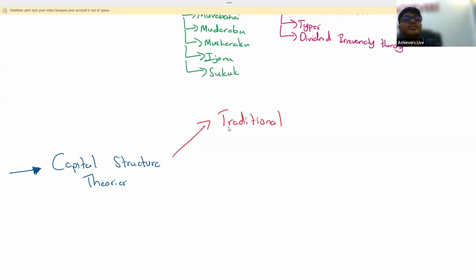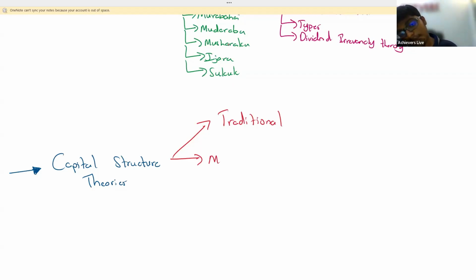So why is it reducing? Because as your gearing is increasing, the company is benefiting from the cheaper debt. That's why it's reducing. And again, it will start increasing. Why? Because as the gearing is increasing, cost of equity will also increase. So the increase in cost of equity is greater than the savings from the debt. That's why it's going back up. So there is an optimum point. According to the traditional theory, what should the company do? We should identify this optimum point and try to maintain our capital structure at the optimum point.